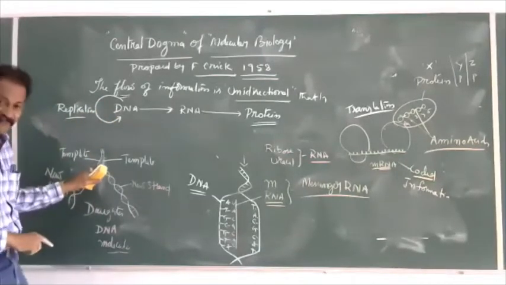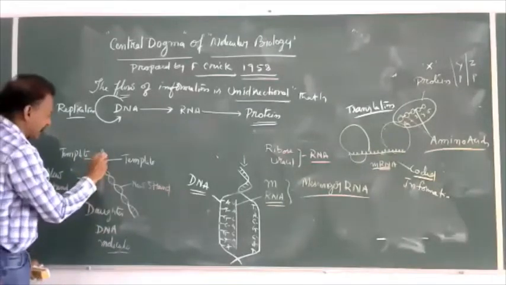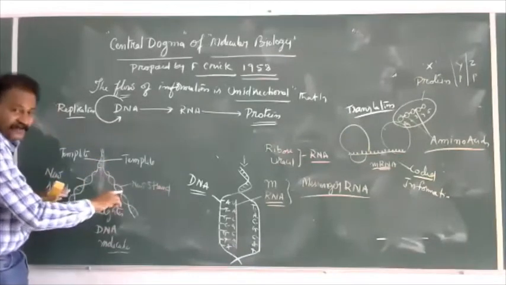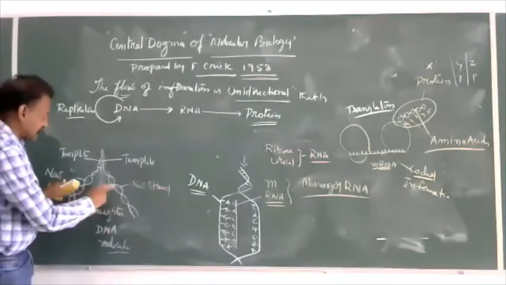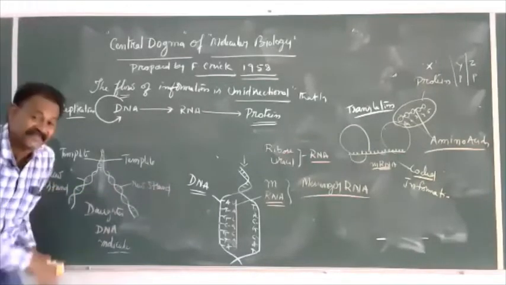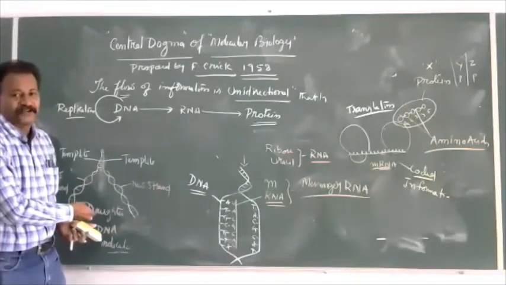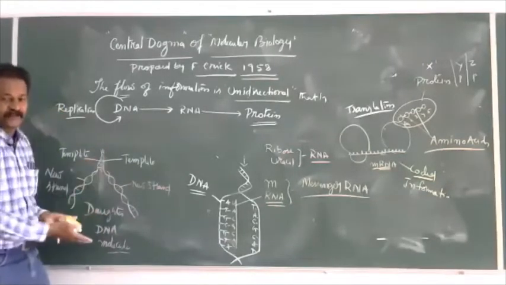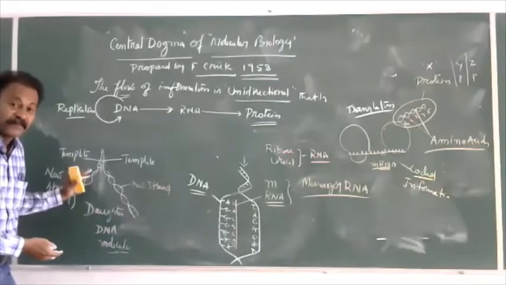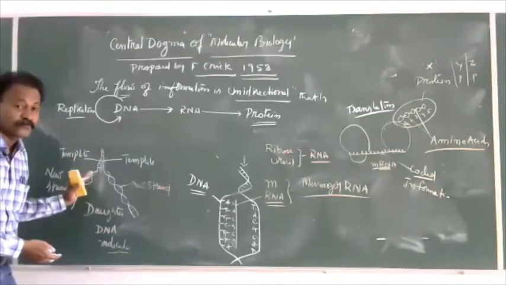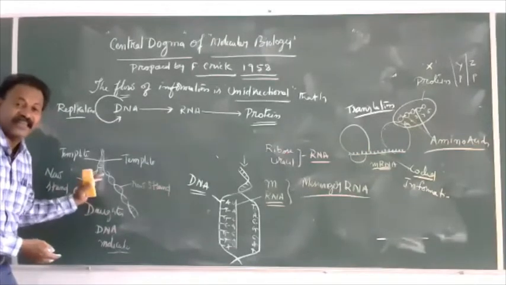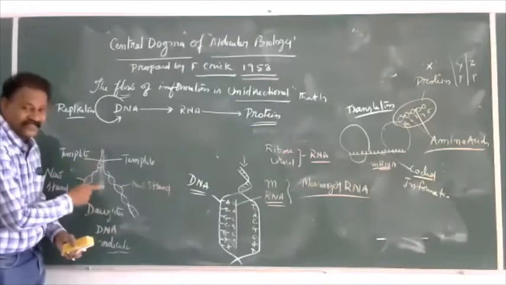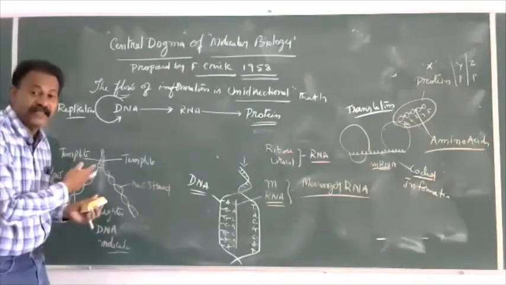Replication is a process in which a single DNA molecule is separated to produce two daughter DNA molecules which are the same as each other. Why are they the same? Because of base complementation, and they are similar to their parent. So complementary base pairing is a hallmark proposition in the discovery of the DNA model. And to identify DNA as the genetic material, it is only because of complementary base pairing.